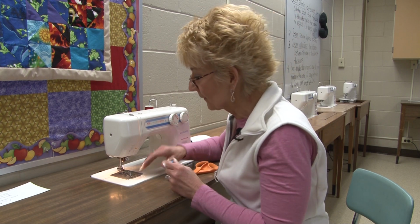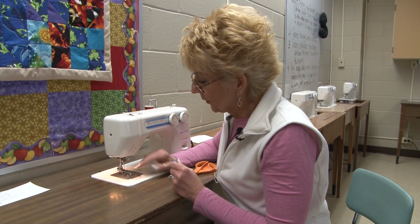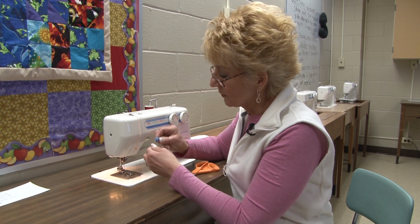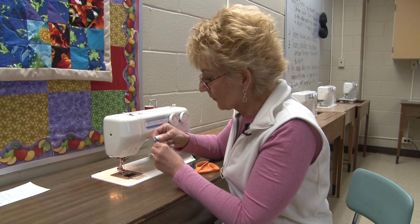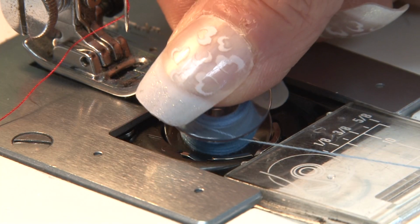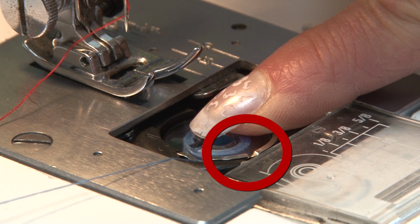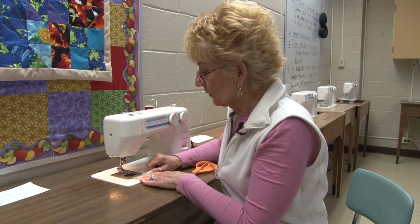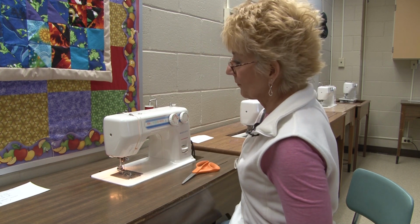Next, you need to put your bobbin into the bobbin case, which is down here. There is a cheat sheet or a diagram up on the top which shows you that you want the thread to come across the bobbin to your left as you place it into the bobbin case. It also looks like the letter P as you're looking at it. Place your bobbin in there. There is a tiny little slit in the metal case that you have to get the thread caught in. So pull that over, gently close your slide plate,